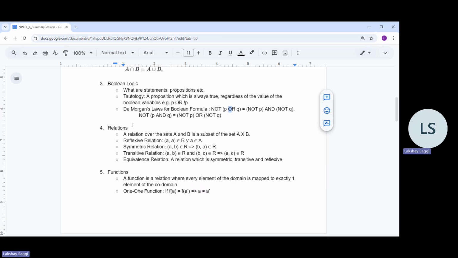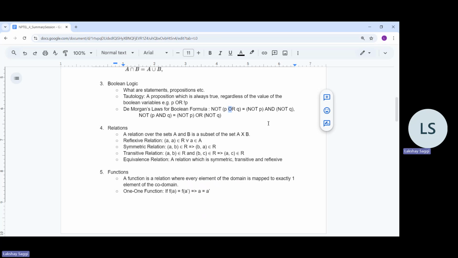And after that, we discussed what relations are. A relation over the sets A and B is nothing but a subset of the set A cross B. This is the content of the fourth week. So in the fourth week, we discussed what exactly a relation is. A relation is defined over two sets. So if we take two sets A and B, then any subset of the